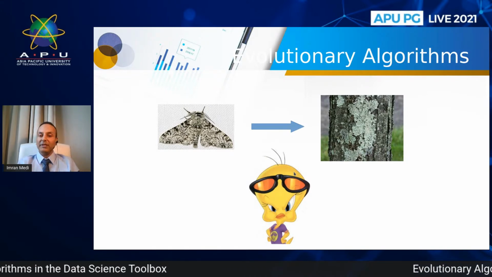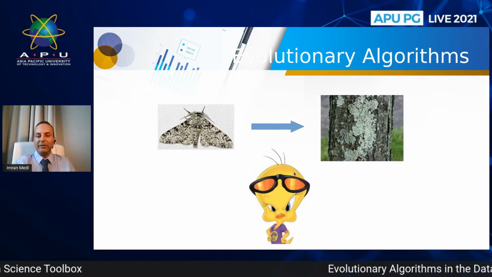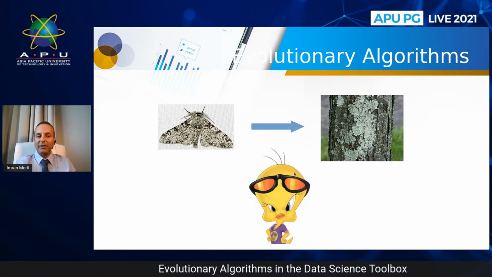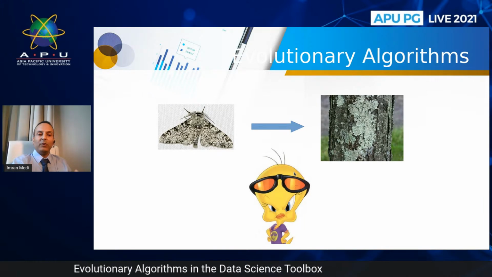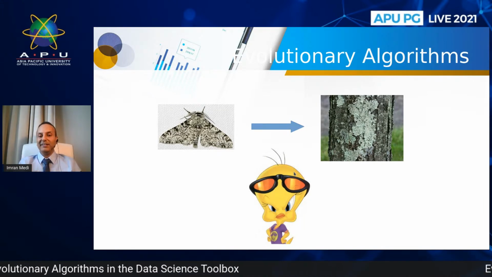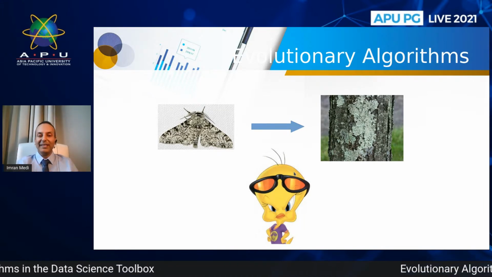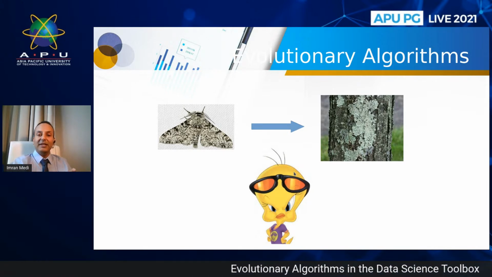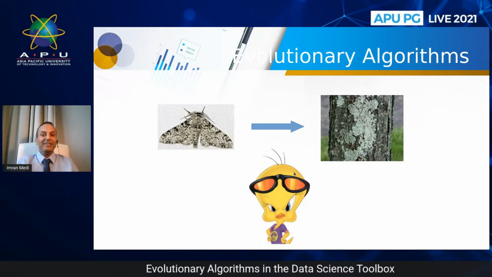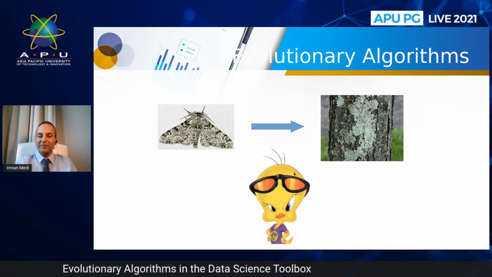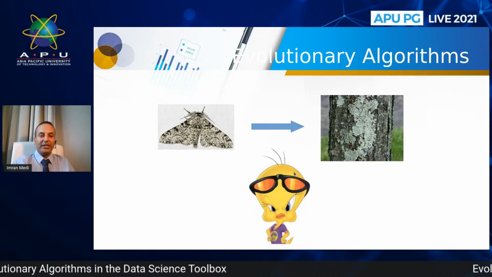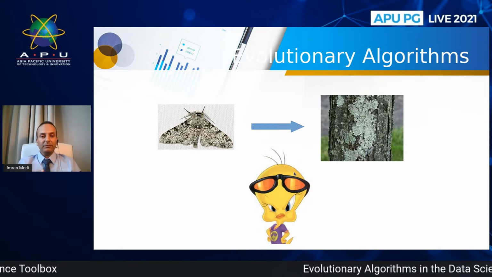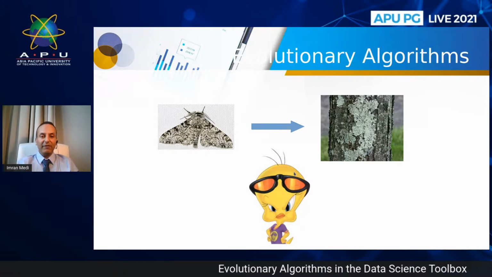And so what peppermoths like to do is they like to sit on lichen. And lichen has a sort of speckled black and white texture. And so the moths were particularly well adapted to sit and sort of chill on this lichen because of their coloration. And it made it very difficult for predators to actually eat these. So they were particularly successful in avoiding predation based on that particular adaptation to their environment.